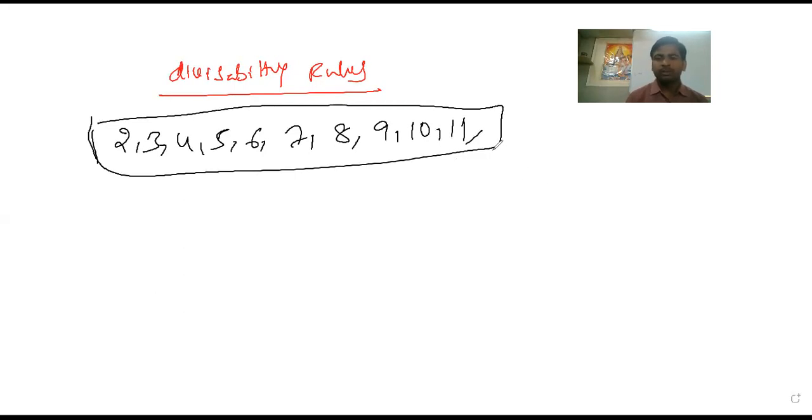If we take 12, it is a combination of 4 and 3, so multiples combination will come. It is not required up to that mark. So once you know the divisibility rules from 2 to 11, we can easily do the problems when you're getting divisions of big numbers for the given parameters.